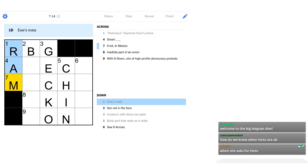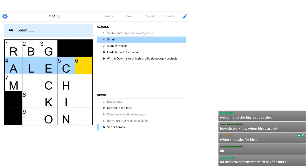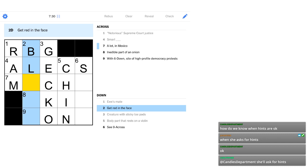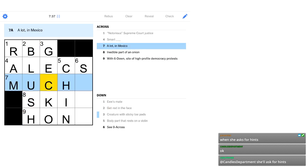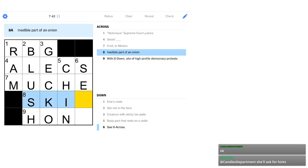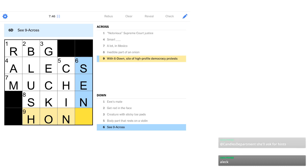So, yeah, I'll mention when I need hints. So, oh, this is going to be smart Alex, isn't it? Is it smart Alex or something like that? I don't know. Get red in the face. Yep. So now blush works. So a lot. Moochie. Inedible part of an onion. Oh, this is the skin. So